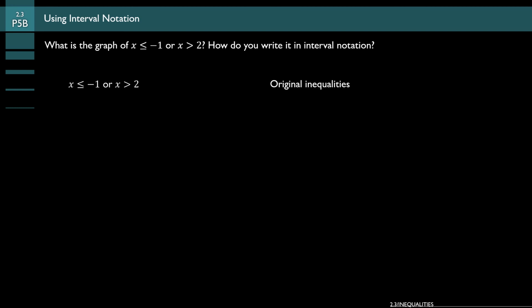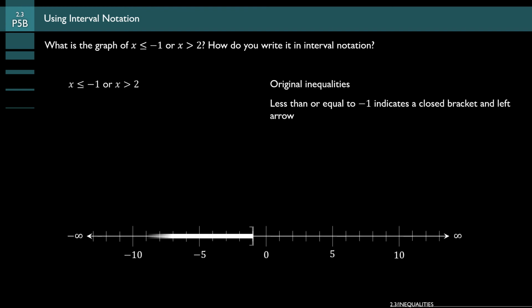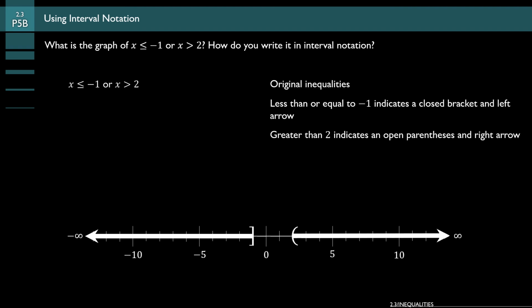So what this tells me is that if x is less than or equal to -1, that arrow is going off to the left, so I've got a negative infinity. Anytime that I have a negative infinity, that's going to tell me open parenthesis. So open parenthesis, negative infinity, comma, what's the value that x is being compared to? -1. And since this is a less than or equal to, then we're going to use that closed bracket. Then we write "or,"